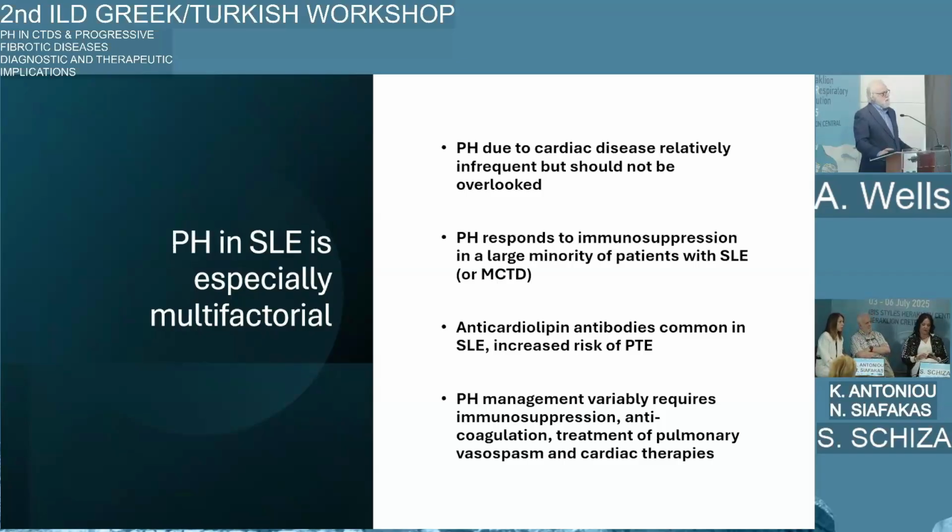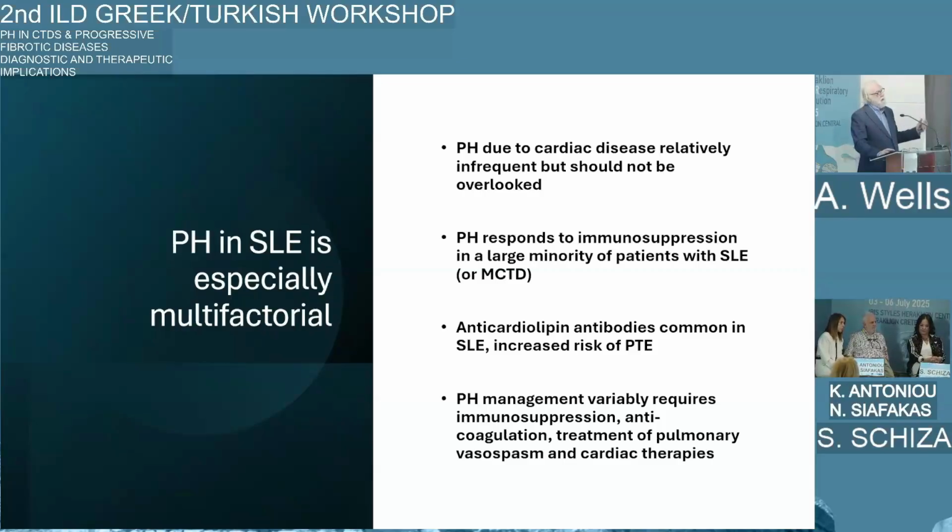Anticardiolipin antibodies, terribly common in lupus, with thrombotic episodes. And then the phenomenon of vasospasm, which is very, very difficult to diagnose. Severe dyspnea with inhalation of cold air, widening of the AA gradient with a cold air challenge, often responding to calcium antagonists. So the management variably requires immunosuppression, anticoagulation, treatment of pulmonary vasospasm, cardiac therapies, and then you might be